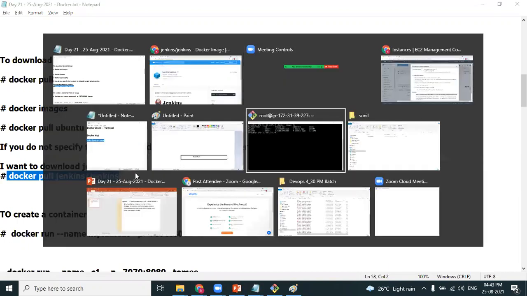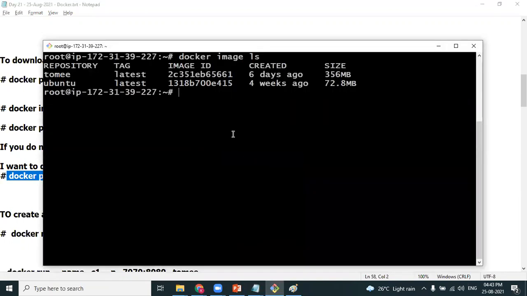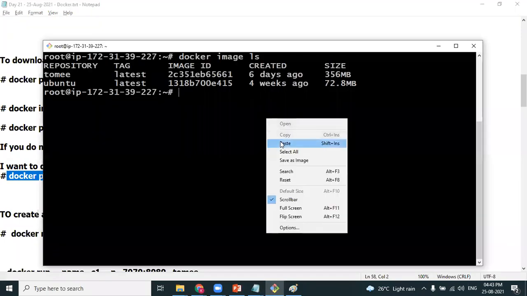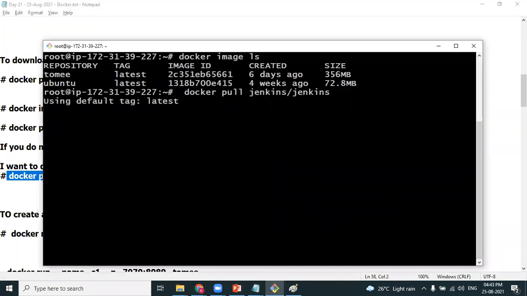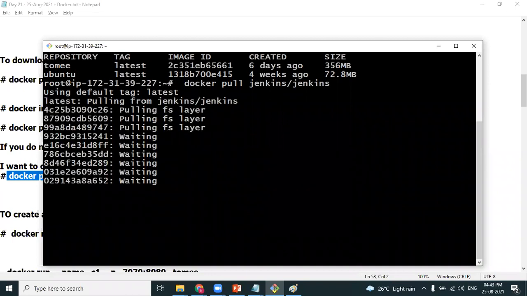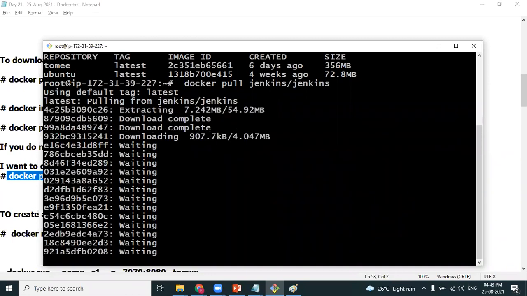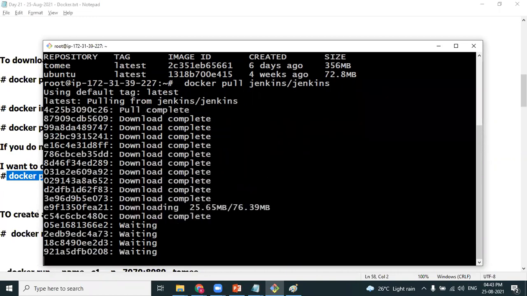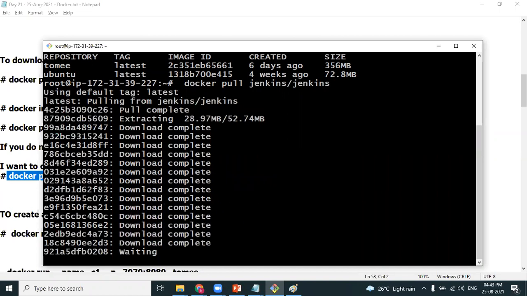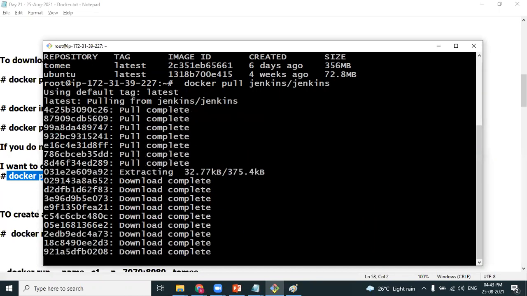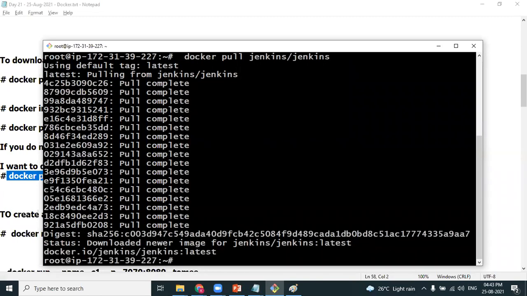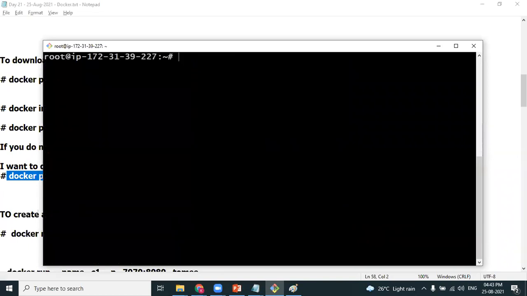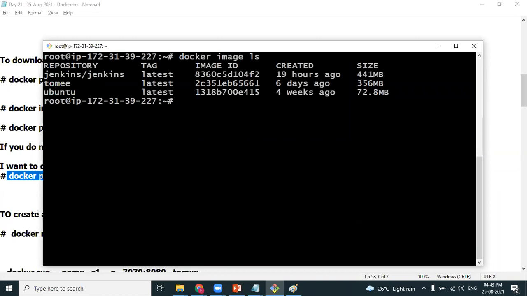Downloading the third image. Done. So total images, docker image ls, three. Yes, okay, fine.